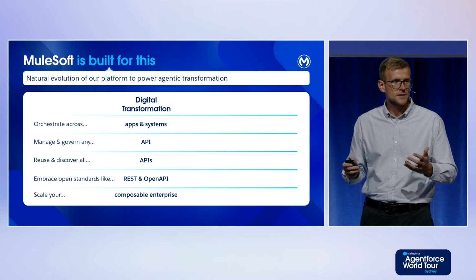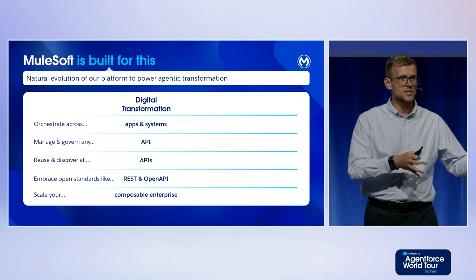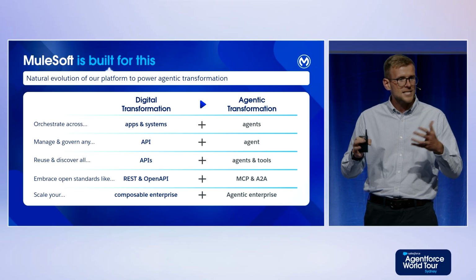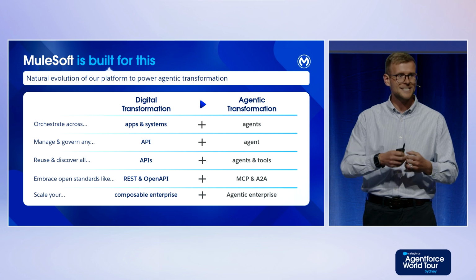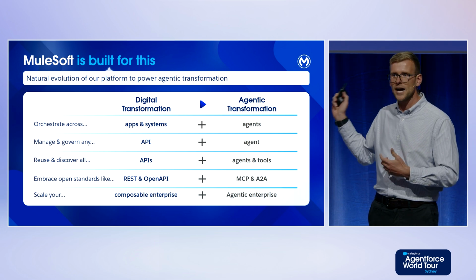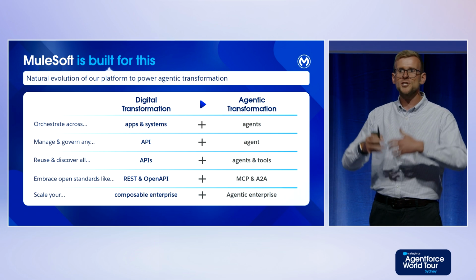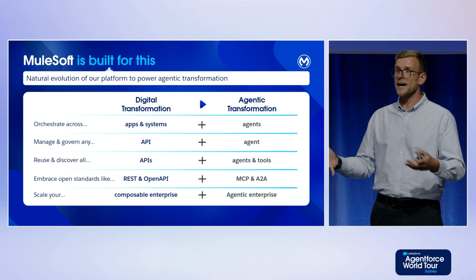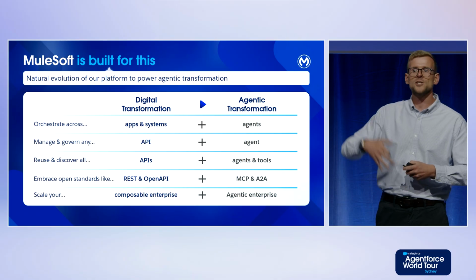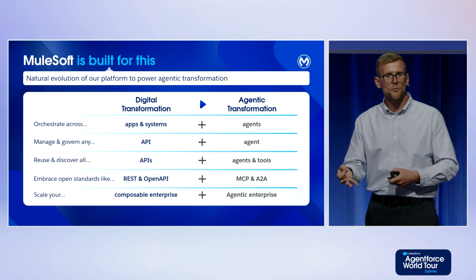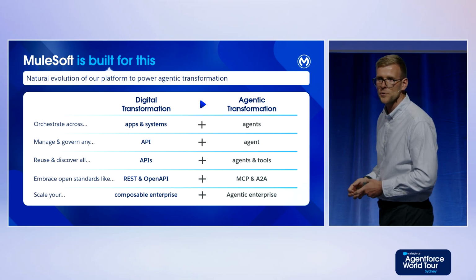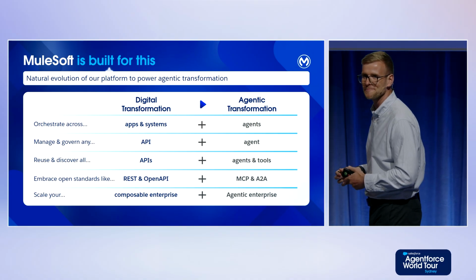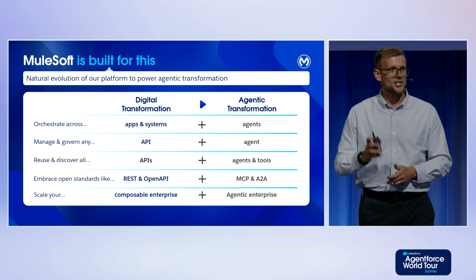Well, for MuleSoft, we realized this same value proposition we can now extend into your agentic enterprise. So for the last 12 months, we've been hard at work extending our current platform to be able to help you achieve this. Help you achieve governance and management of not only your AI agents, but also your AI assets like MCP servers, and opening up the platform to support new protocols like agent-to-agent or A2A and MCP, and whatever comes next, since this is still quite a nascent space. So this is what I'm going to share with you today.